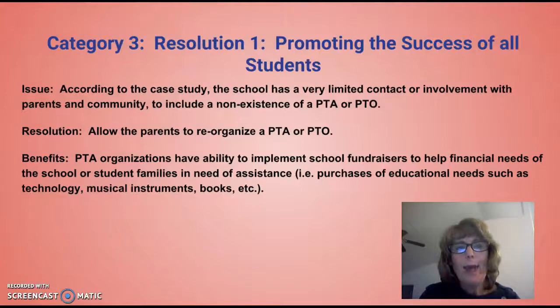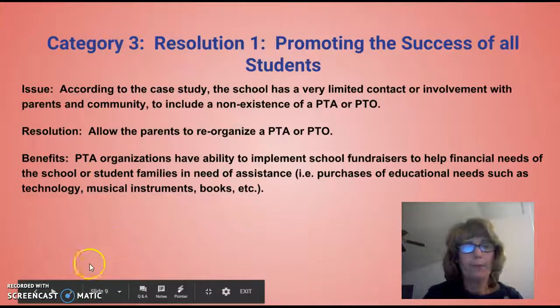Benefits: the PTA organization has the ability to implement school fundraisers to help financial needs of the school or student families in need of assistance. For example, purchases of educational needs such as technology, musical instruments, books for the library, computers, and student needs. If there's a family that is in crisis and could need assistance from the school to help their children.